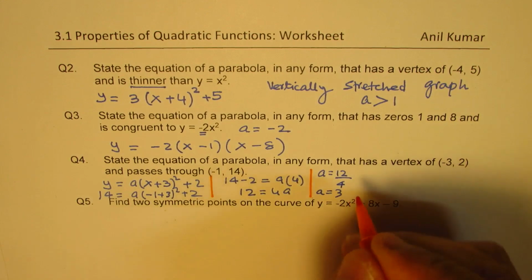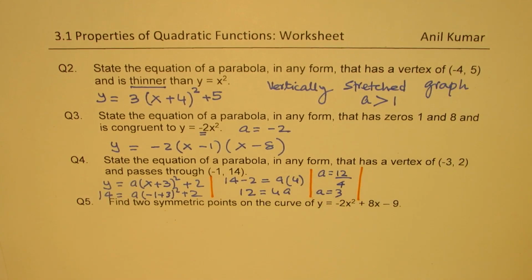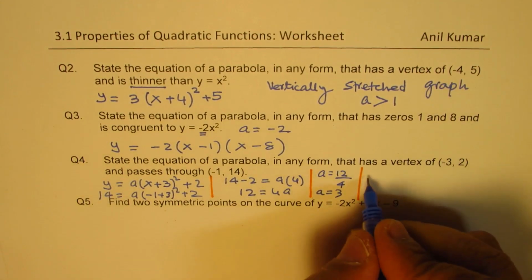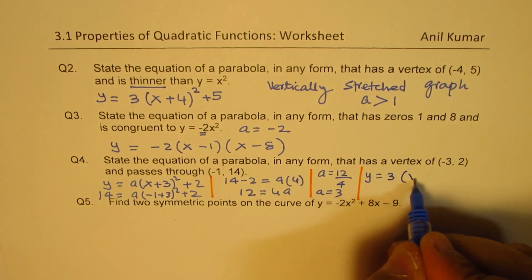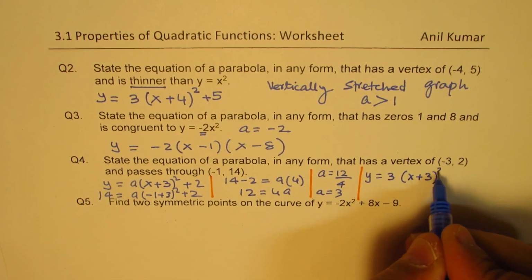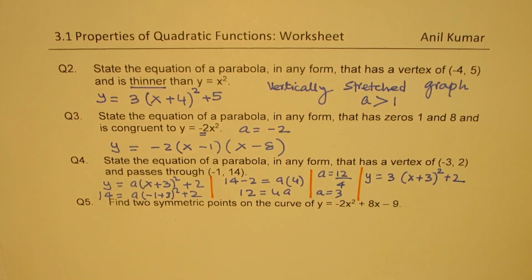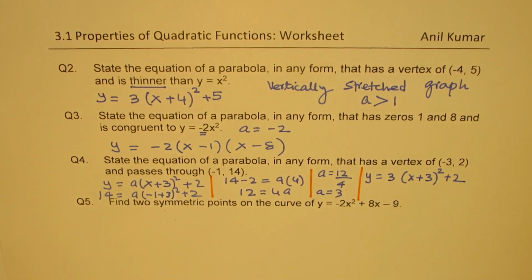Once we have this value of a, we can write down the equation, and the equation will be y equals, a is 3 for us, and we have x plus 3 whole square plus 2. Clear? Question number 5 here is, find two symmetric points of the curve y equals minus 2x square plus